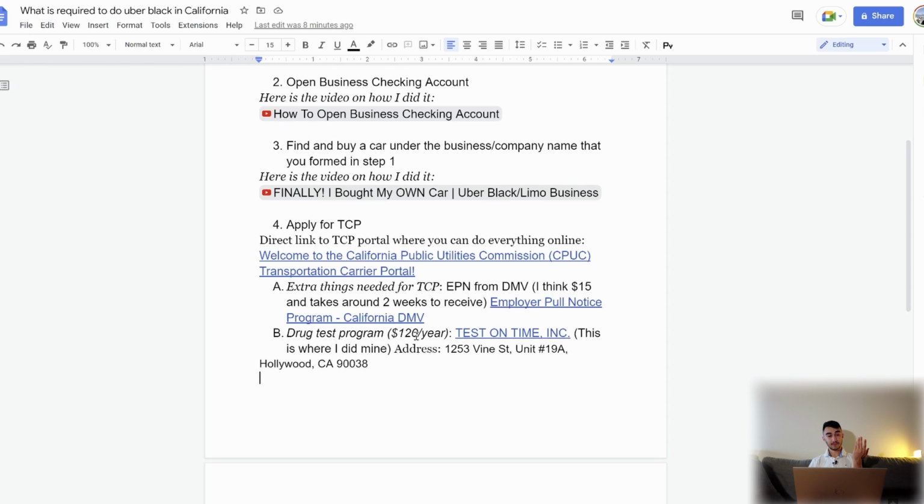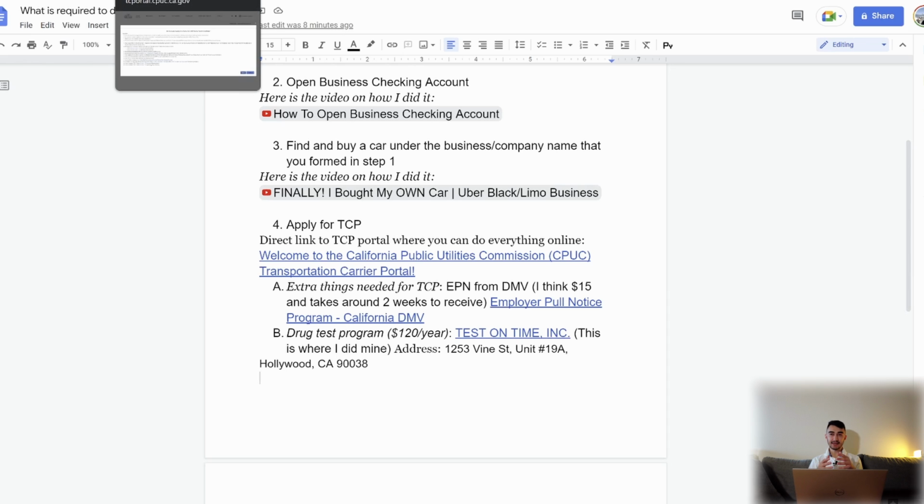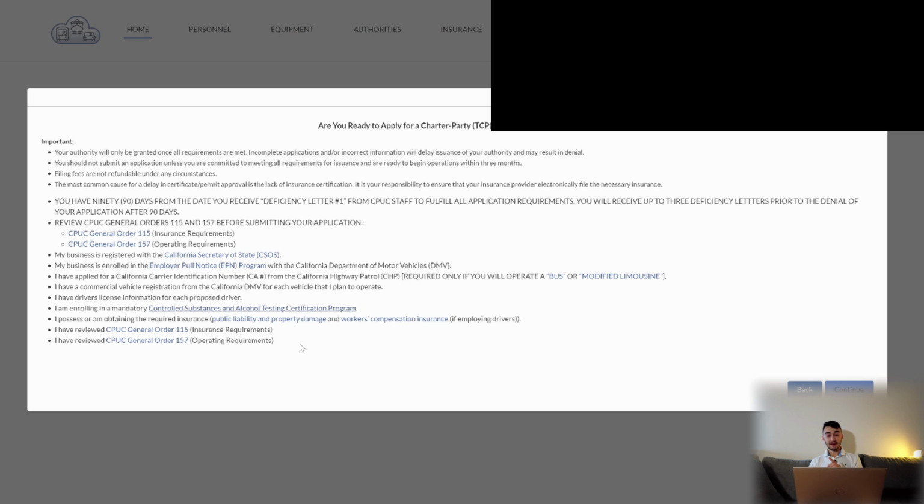You pay $120 for 1 year, and this is a program, meaning that they might call you and ask you to come 2 to 3 times during the year to give a sample, to check that you don't smoke, maybe you don't take drugs, maybe you don't drink and drive, stuff like that. So that's why it is a program, and I think that you renew it every single year. It costs $120. And then you will also have to have